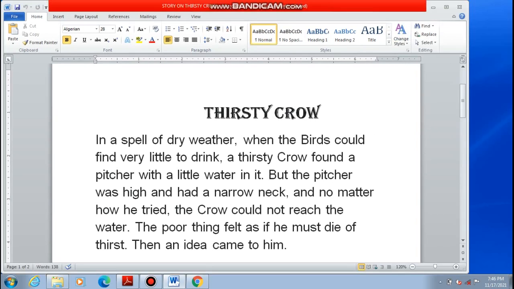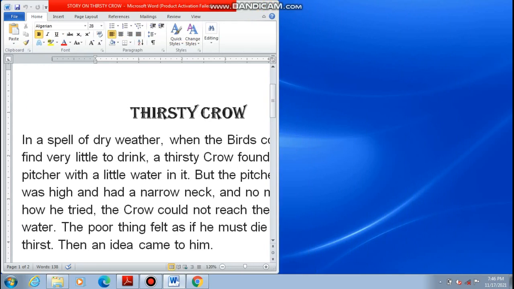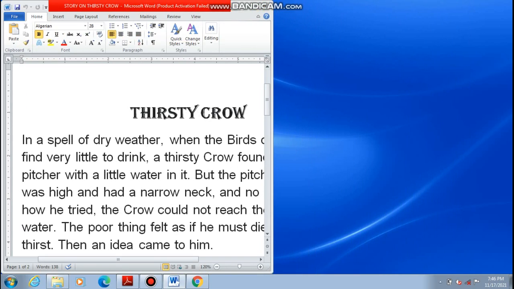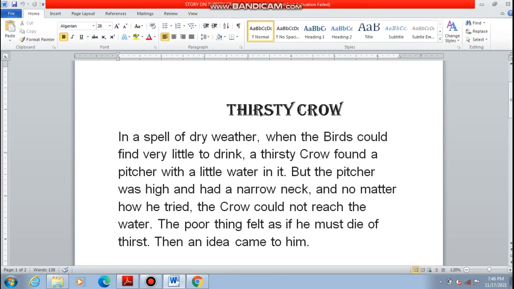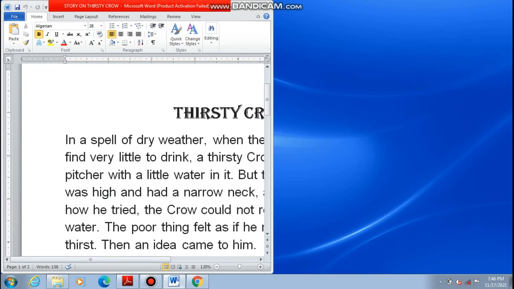If I restore it like this and decrease its size, and again restore it down, see, it has come back to the same setting that we had set. So this is restoring or maximizing the document. This is known as minimize.